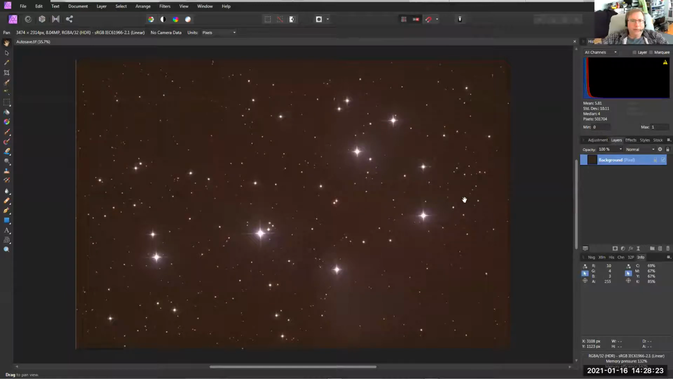All right, so I did this on a modified camera, and so the colors are going to be a bit skewed. And that's the first thing we have to address. Now,